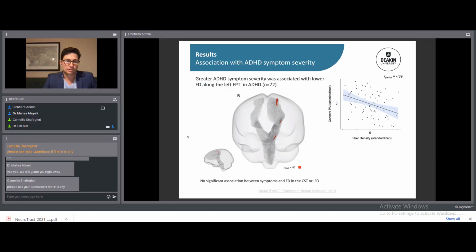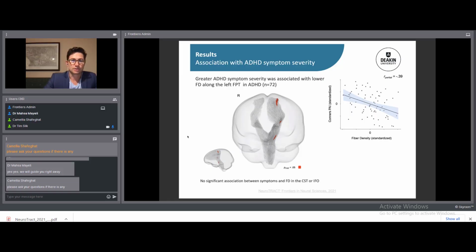So that was looking at the groups as categorically different groups, but we also looked dimensionally with symptom severity, and then we found a fairly consistent pattern, although this one was the only one that was significant, showing that as ADHD symptoms increased, fibre density decreased. And in particular in this frontopontine tract,